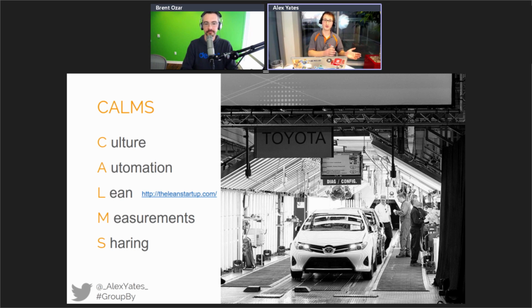Rather than thinking about the economies of scale, they thought about the economies of efficiency and making sure that they just didn't make the mistake in the first place. Respecting people, empowering them to innovate and coming up with their own ideas. And one of the most important ones, optimizing the whole, which comes back to that silo thing. We don't want to be optimizing for myself as a developer or a DBA. I want to be optimizing for the whole team, which means that sometimes I need to make decisions about the way I work that benefit everybody rather than just benefiting myself.